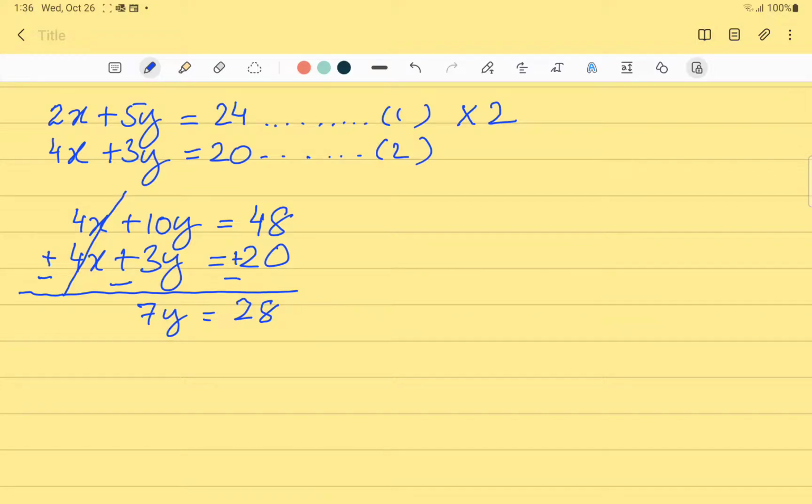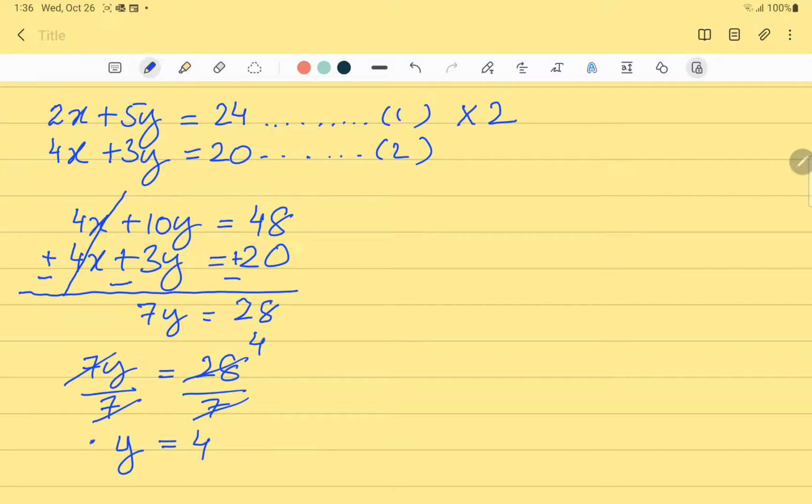Now we divide both sides by 7. So 7y over 7 is equal to 28 over 7. 7 cancels with 7 and 28 cancels with 7 and we get 4. So y in this case is equal to 4. Now by substituting the value of y in equation number 1, we get